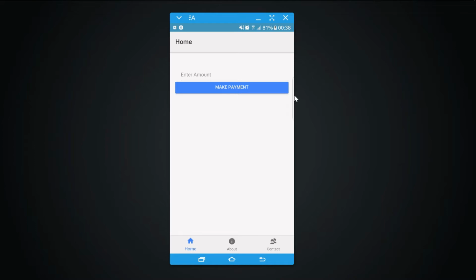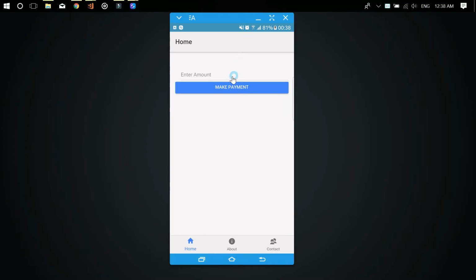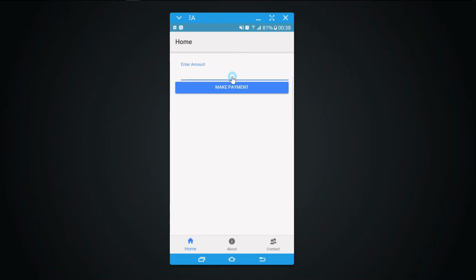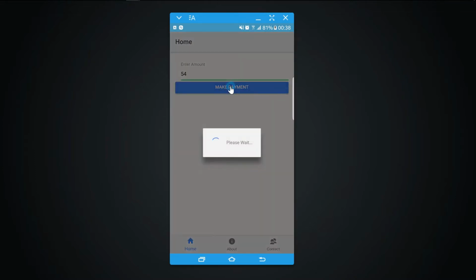Today I'm going to be showing you guys how to implement PayPal payment with NodeJs, and I will be using Ionic as my client side, but I'll just be focused on Node.js with the payment, so I'm not going to show you from scratch how to create the app and make the request, but it's gonna look something like this. So for example, if I put $54, make payment,